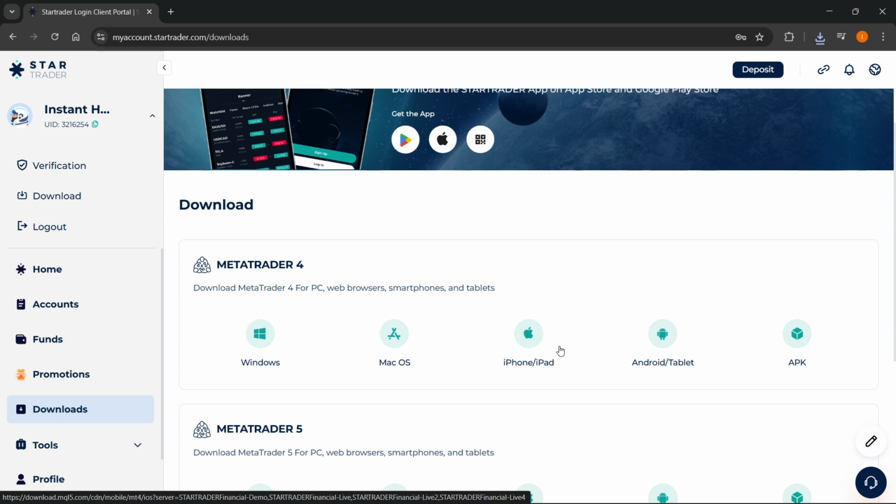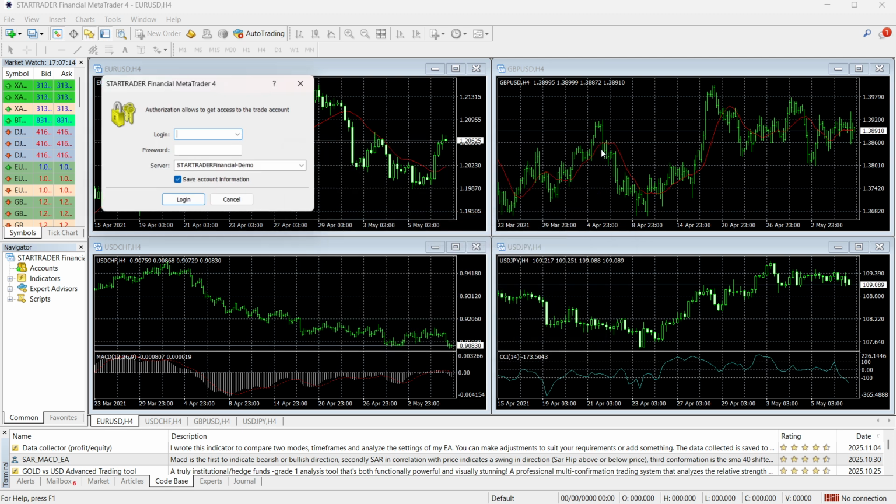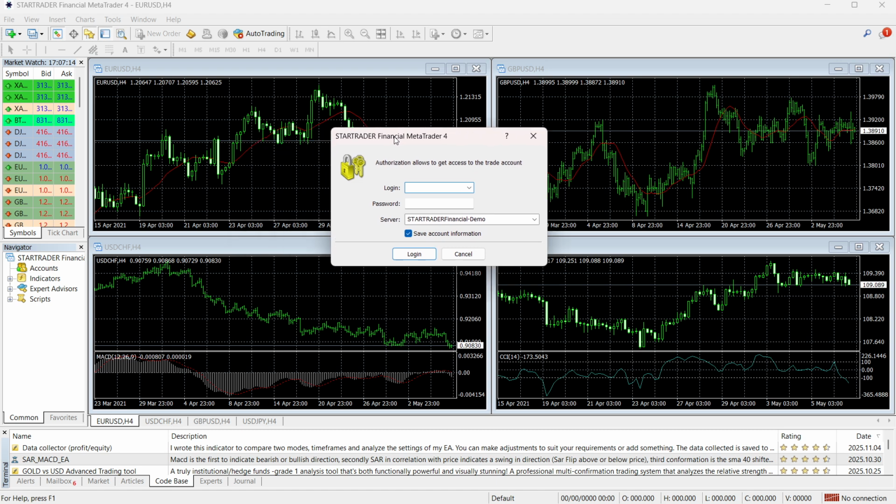And what this will do is it will open up MT4 on your computer. So the StarTrader version of MT4, there we go. And then it's going to start scanning for the first time it does. Just basically wait for this to actually come to the end. There we go. Then click on this X button up here